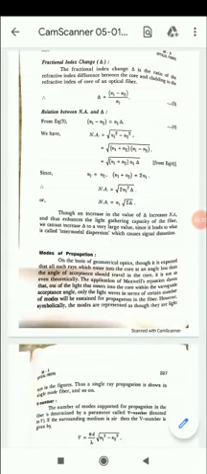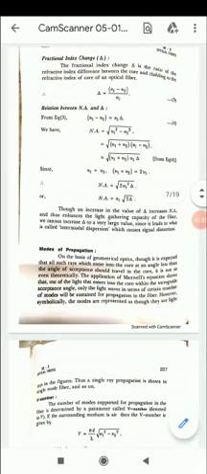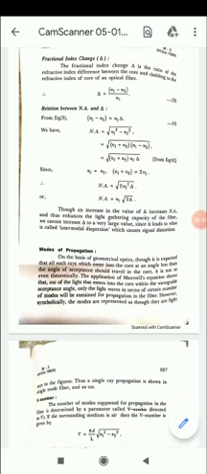Next, see the relation between the numerical aperture and the fractional index change. For that, from equation 3, you have to write n1 minus n2 is equal to n1 delta, and numerical aperture is equal to, as you already know, root of n1 square minus n2 square. So that is equal to root of n1 plus n2 into n1 minus n2, which is equal to root of n1 plus n2 into n1 delta. That is from equation 4.